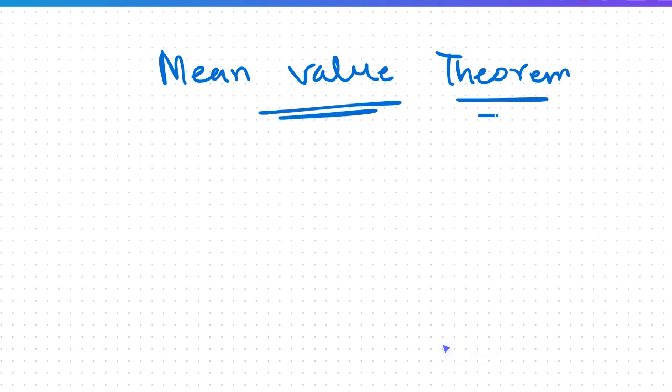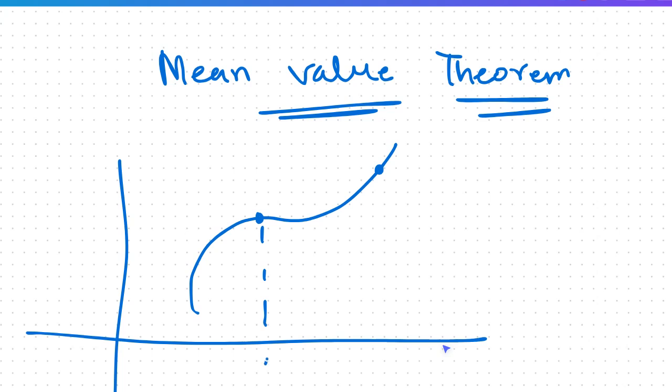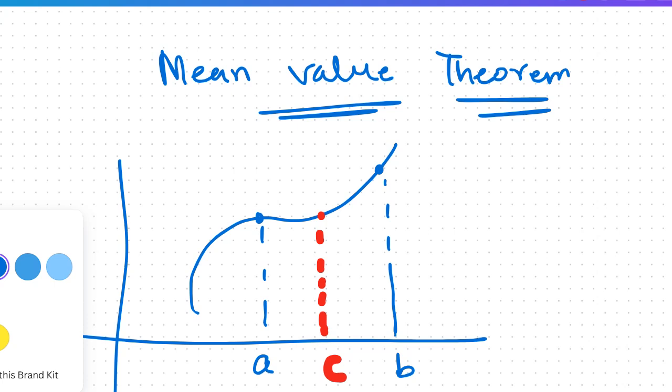Yeah, mean value theorem. Let's say there is a function. The graph is something like this. If you consider any 2 points, A and B, on the graph, let's say A, let's say this is B, and C lies in between A and B, somewhere around, let's say here. The thing is, if you join these 2 points, A and B, on the graph,